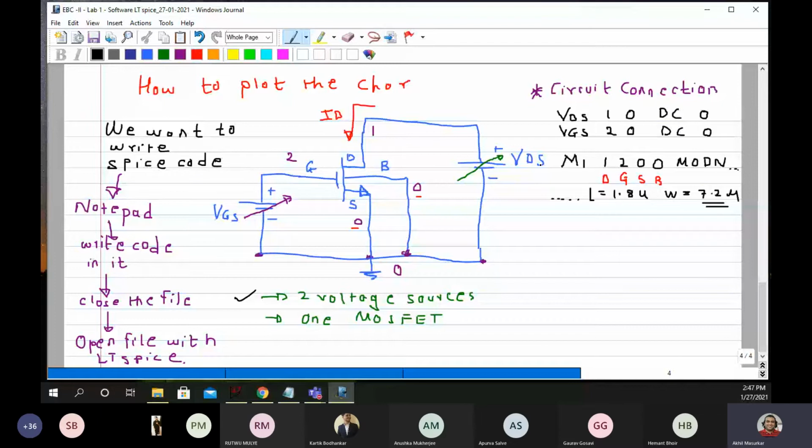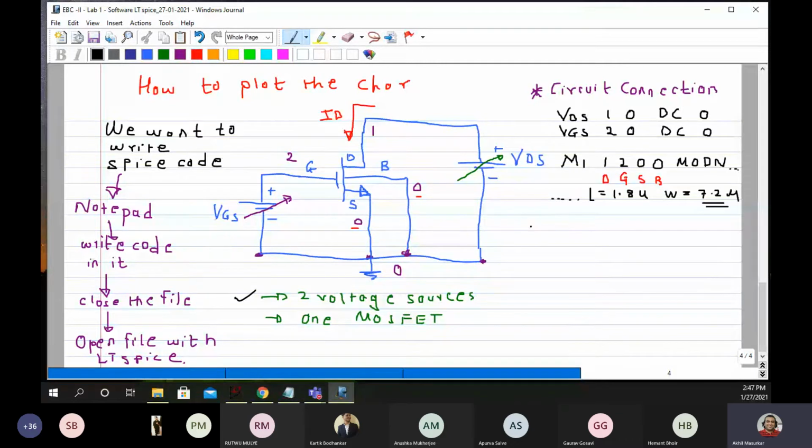So now what we have done by writing these connections is, we have told that there are 3 devices, VDS, VGS and M1, and we have given the length and width of the transistor that I am using. Now I have defined a 4-terminal device here. In line M1 1200 mod n, I have defined a 4-terminal device, but I have not told what this device is yet.